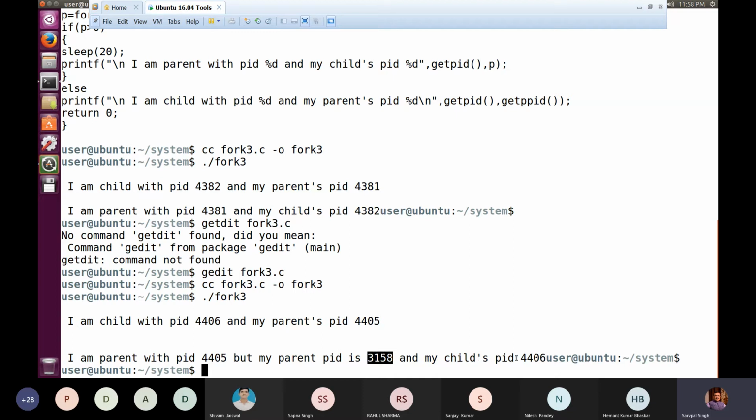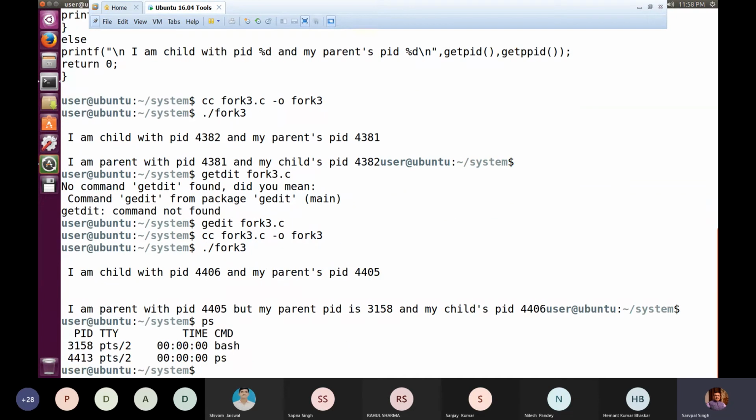And you can see that the parent is also claiming that its child process PID is 4406, which is also endorsed by the child, because when the child prints that its PID is 4406, it is the same as what the parent is claiming as its child's PID. Now, as far as the 3158 number is concerned, we can simply check with the ps command. You can see that bash is the shell which is continuously working for me, and the PID of this bash is 3158.